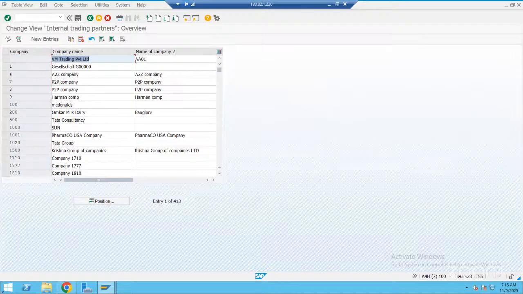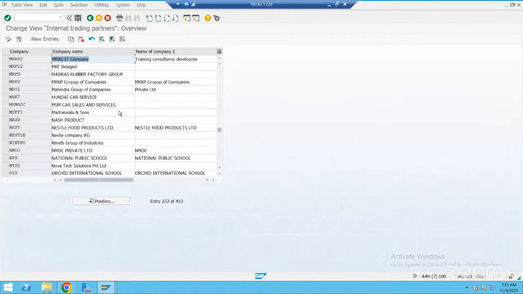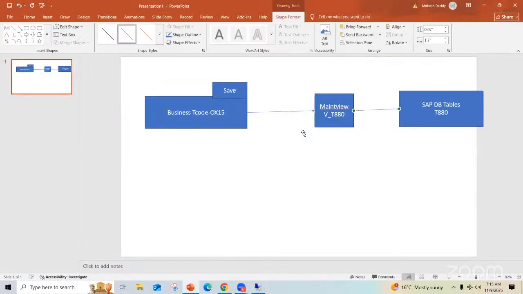Okay. Now I can change this one, what I created. If I go to position, let me search my company name. This is what I created just now. Double click here. I can change here. Suppose instead of Bangalore, instead of Whitefield, I'll give KR. Now see here, we are changing the data.